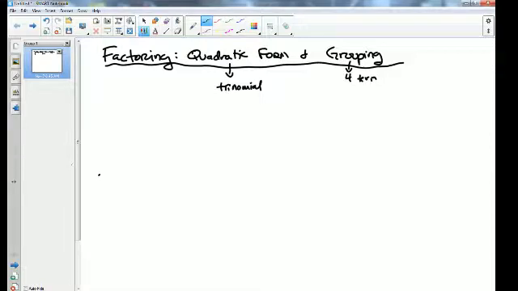Quadratic form is pretty straightforward. It's just like the factoring you know from quadratics. We just have different exponents. So I could say factor